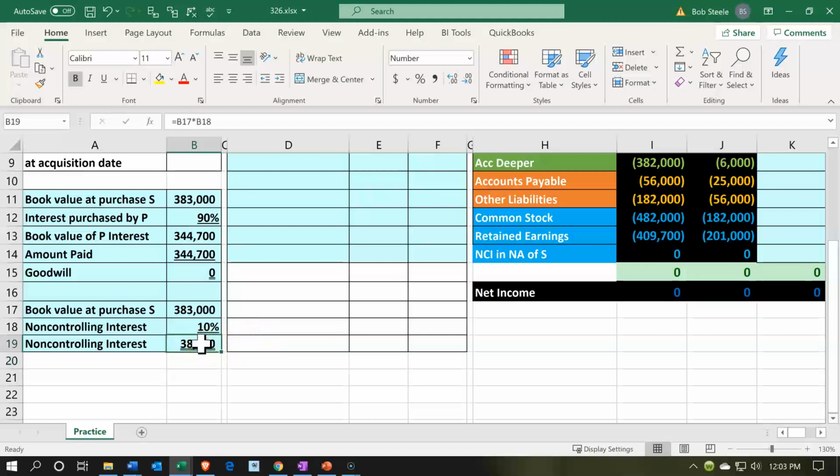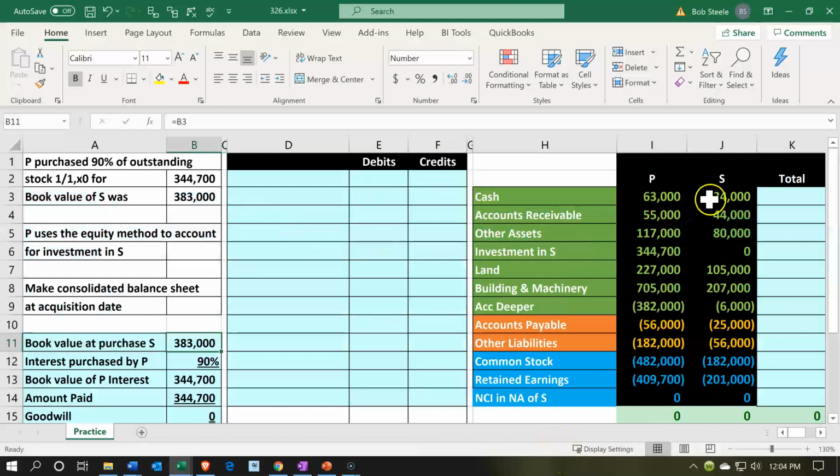In other words, this 38.3 non-controlling interest added to the 344.7, the controlling interest at the point of purchase, is the 383,000, which is the book value, in other words assets minus liabilities for company S, or the equity value, the book value at the point of purchase. Okay, so then we have our two